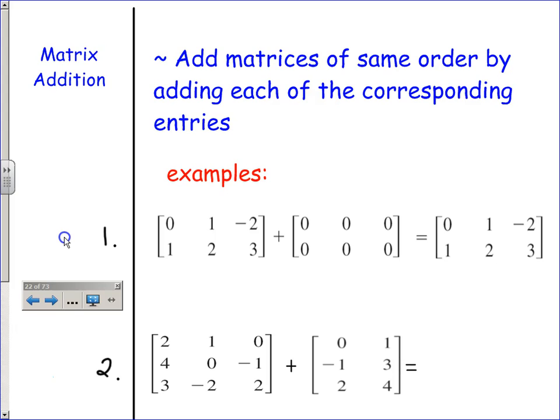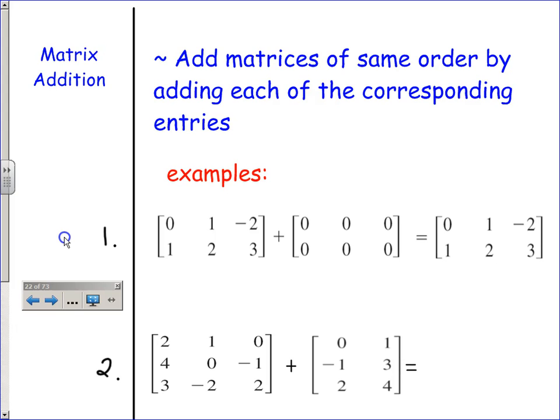In order to legally be able to add matrices, we first have to have matrices of the exact same size. Why? Because matrix addition says add the corresponding entries, or subtract the corresponding entries, or even multiply by a scalar. Well, that one isn't exactly needing two matrices, that would just be one. So for addition and subtraction, we have to have matrices that are the exact same size,